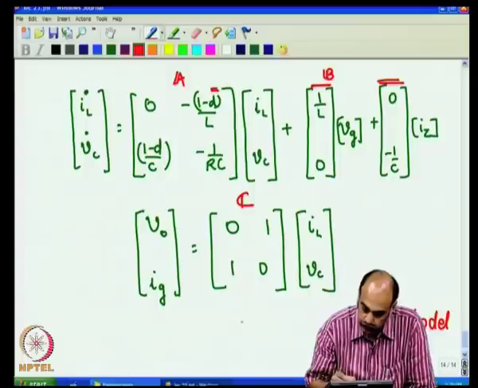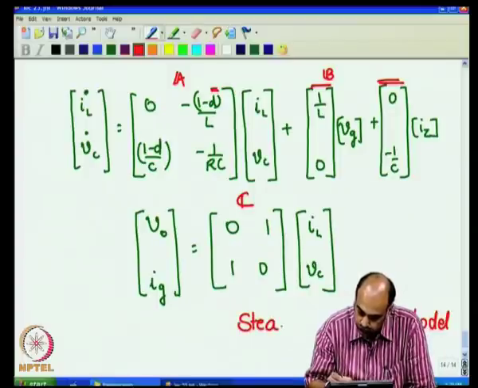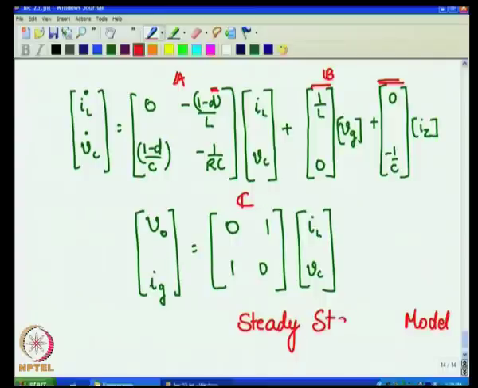So, the steady state model is obtained by replacing the derivative terms with 0 and replace the lowercase d's with uppercase D, like this,